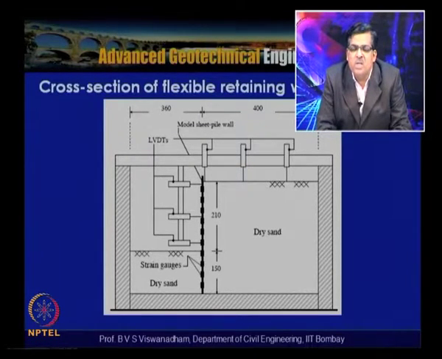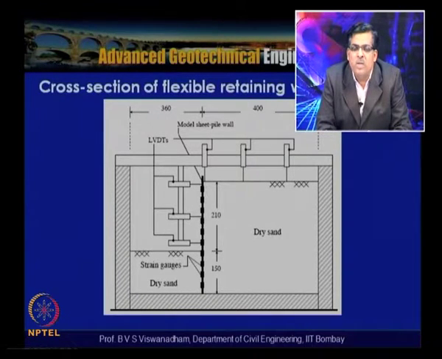So based on that, for each strain gauge, a calibration factor of bending moment with output volts can be obtained. In the linear range, that gives the calibration factor for the individual strain gauges. So during the test, once it is subjected to loading, in this particular method, what we have done is that